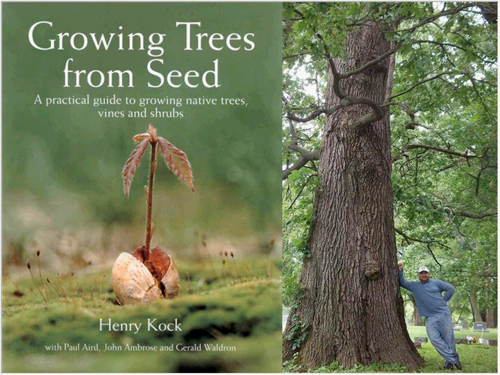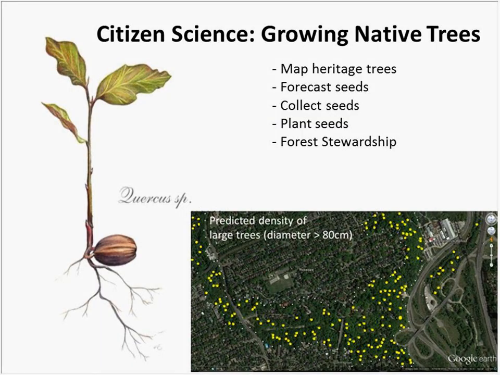I think that while we try to figure out what the bureaucrats decide in terms of how our ecosystems will be managed, citizens can get way out ahead on this. You'll see the predicted density of old trees. We've been mapping massive trees in the ravines, forecasting their seeds. We had a math student on this last year with Barb Boysen as an external in Toronto that oaks forecasted. We're collecting seeds and planting them, and working with citizens to empower them in terms of forest stewardship.